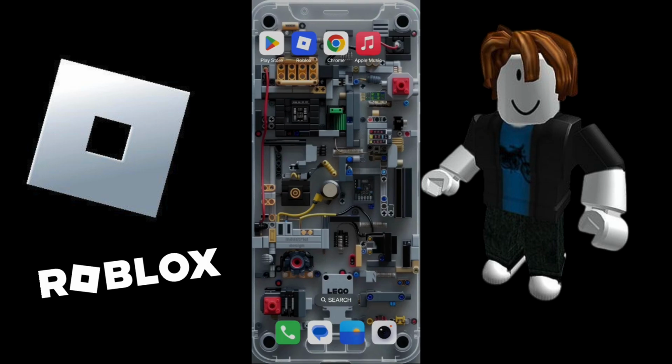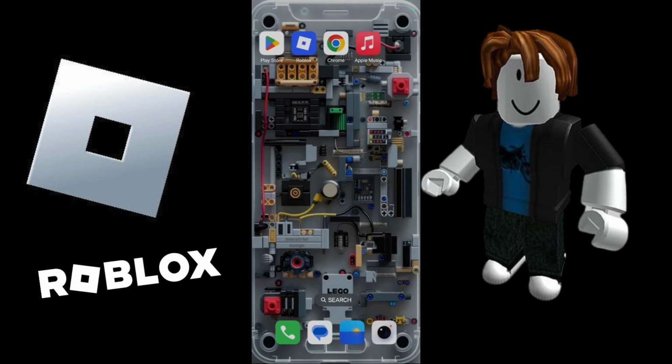In this tutorial I'll be guiding you through the steps on how you can play your Roblox application in full screen. So despite you launching the Roblox application, if it is not perfectly acquiring all of the space within the screen, or it is basically not getting the full screen within your device, then what you can do is simply